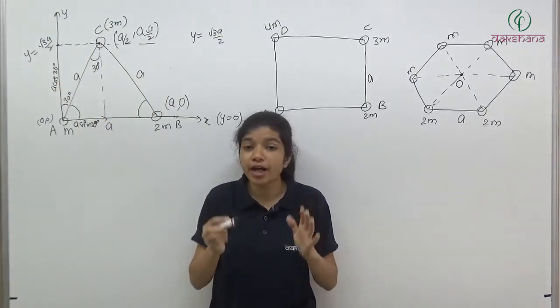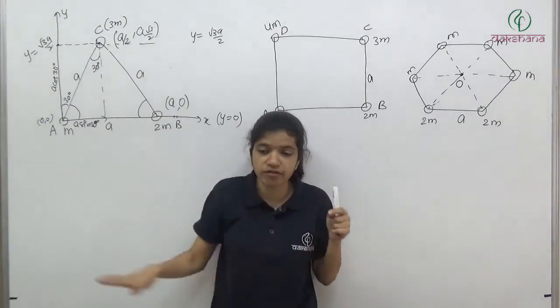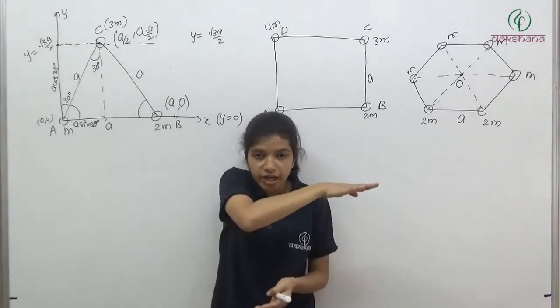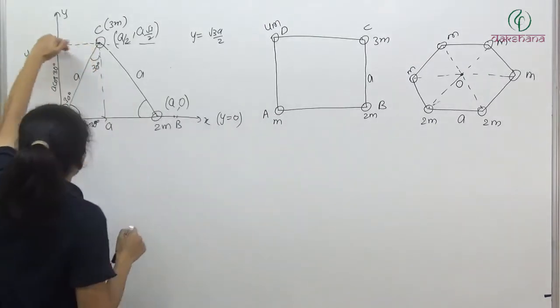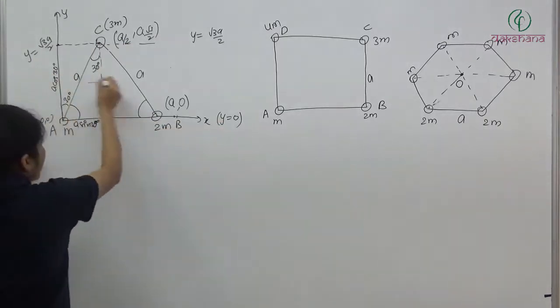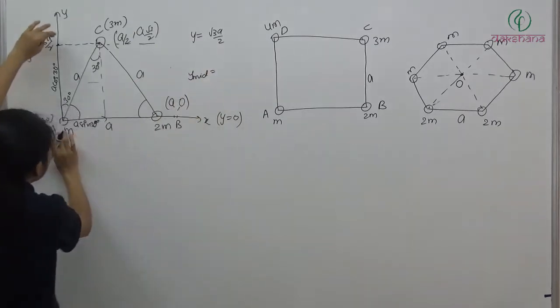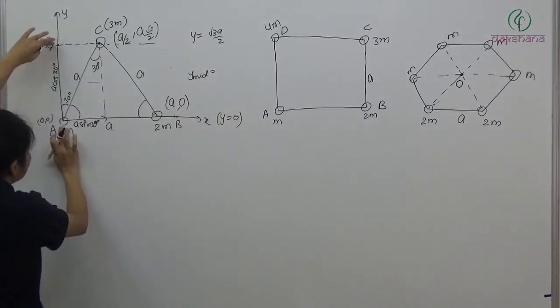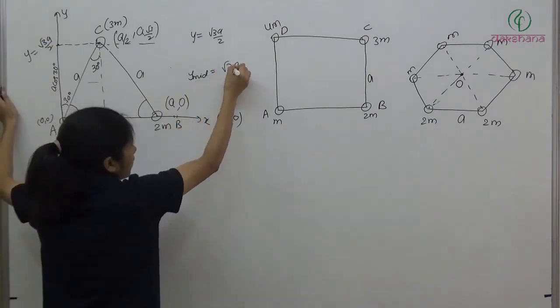So where will the y coordinate of center of mass lie? Here we have 3m mass, here we have 3m mass. So definitely it will lie at the mid y. If this is root 3a by 2 and this is y is equal to 0, what will be the mid y value? So y mid will be this total divided by 2. This total length is root 3a by 2, so its half will be root 3a by 4.